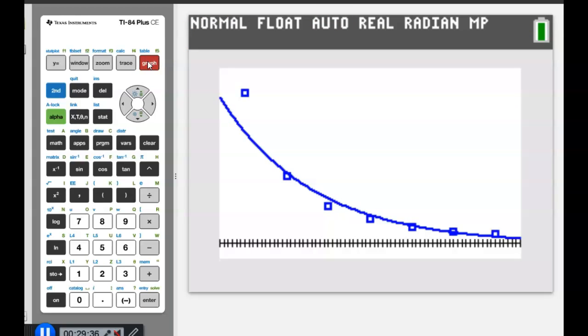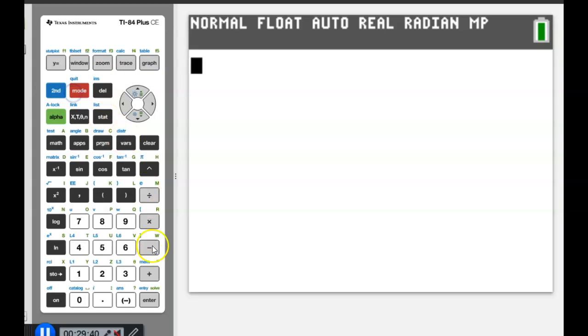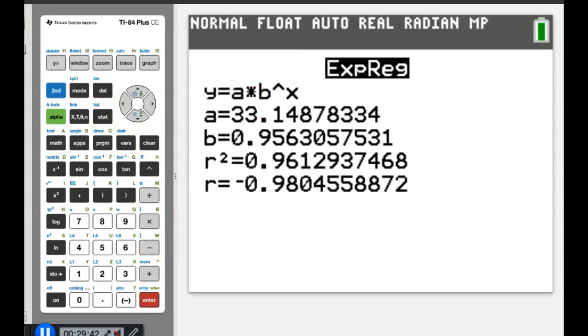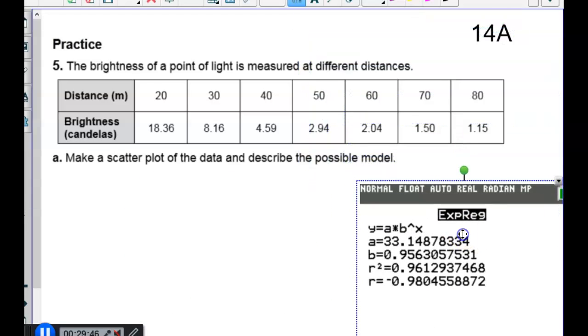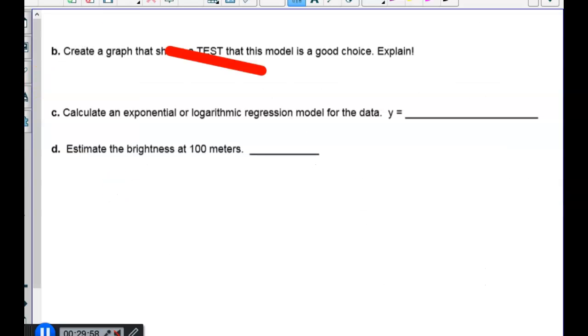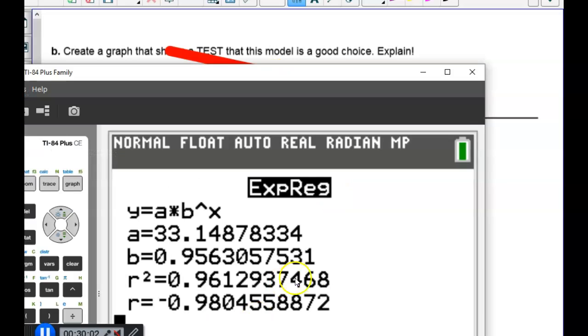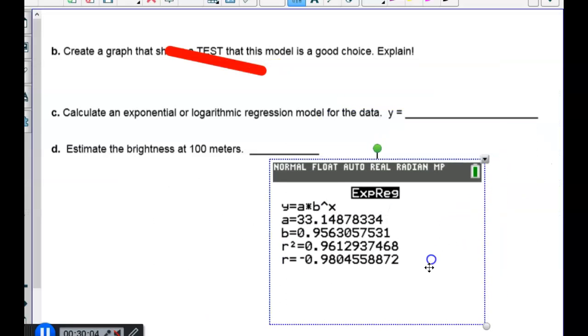Okay? So, put this on my screen. The scatter plot we were supposed to draw. I don't remember. Was it just doing this, guys? And then it says create the exponential or logarithmic model. So we're going to write